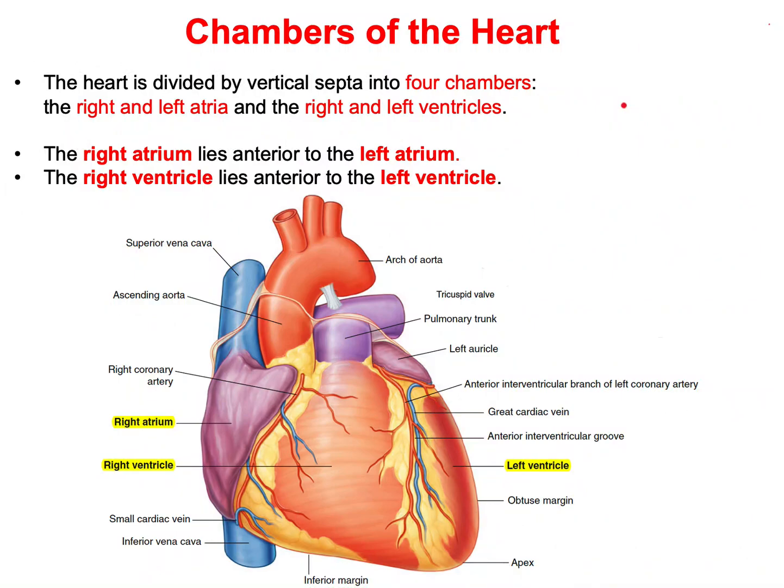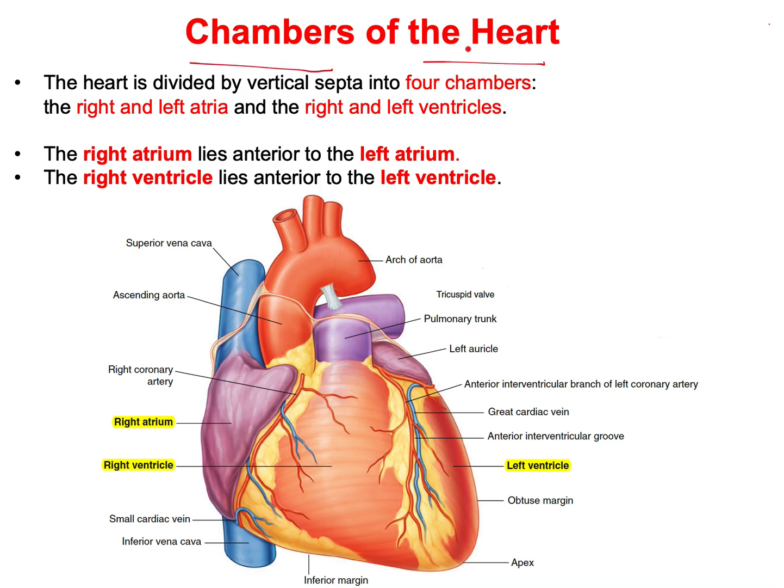Okay, guys, let us continue the second part of the lecture. It was about the heart. So we described the surfaces and the borders of the heart, and now we have to talk about the chambers